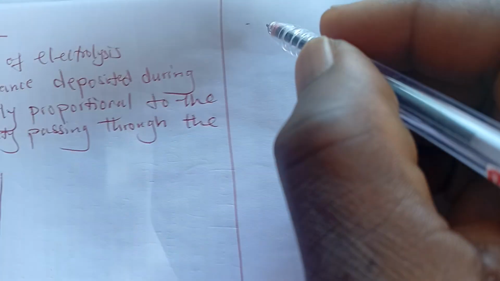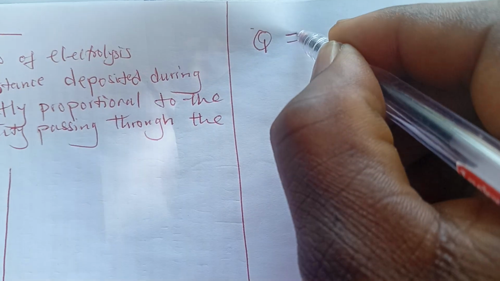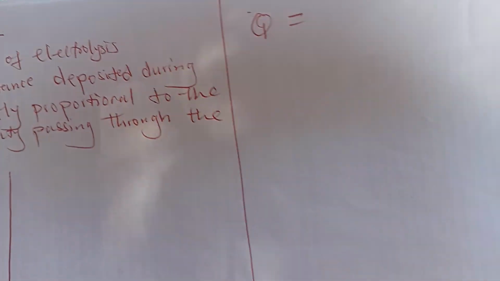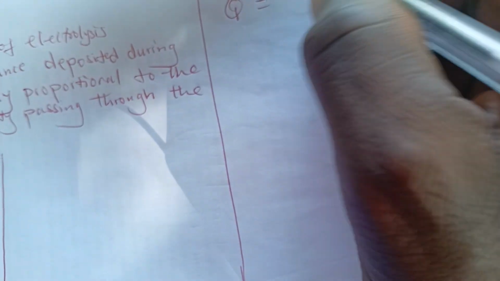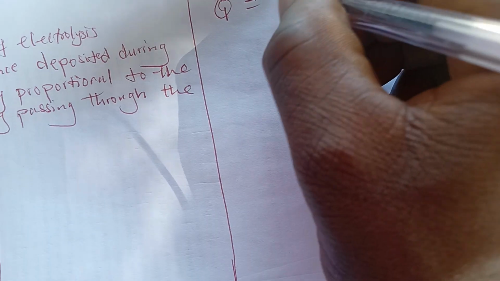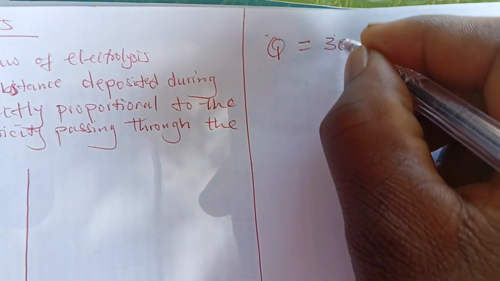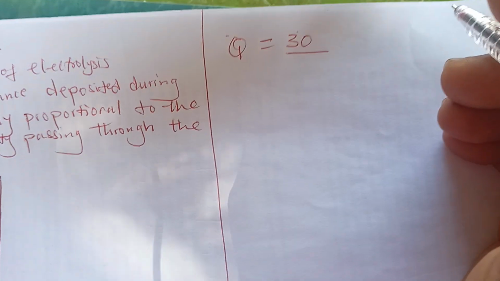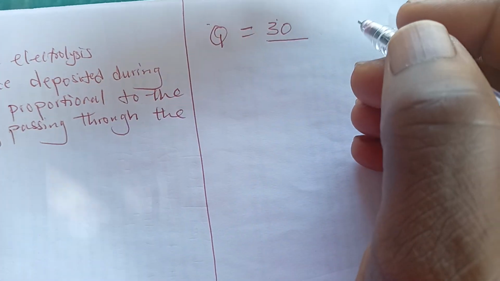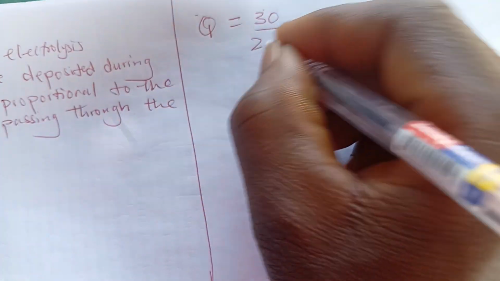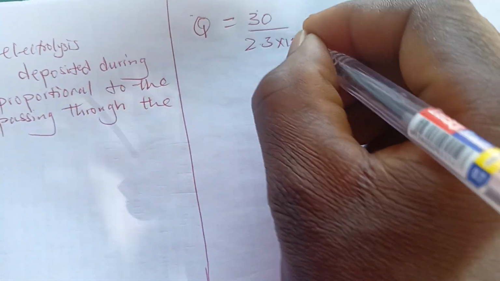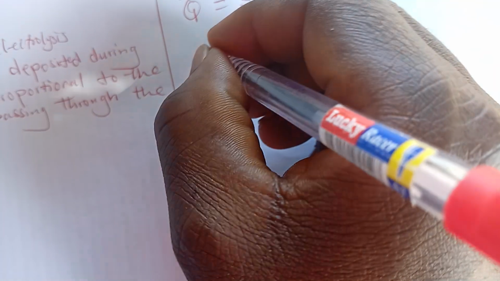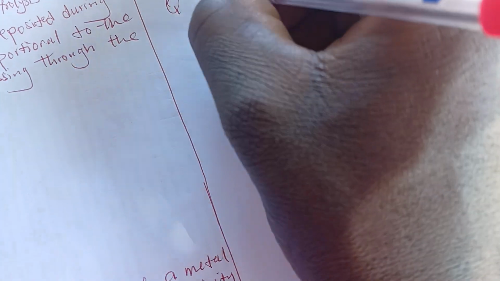Our Q will now be equal to the mass, which is given as 30 grams, divided by the electrochemical equivalent, which is 2.3 exponential minus 2. By the time you divide this, what you're going to obtain is